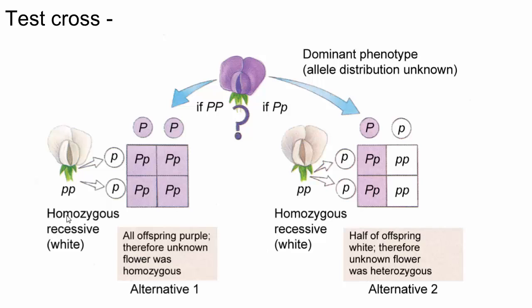So we talked earlier today about a test cross. Again, when we see that the dominant phenotype is present, like purple flowers, we don't know if that's because it's a homozygous purple or if it's heterozygous. Both result in purple flowers. So we do our test cross, and we cross this plant with a plant that is homozygous recessive, has two of the recessive genes.